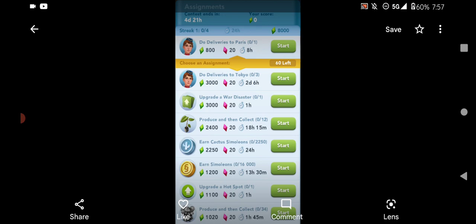Now, another thing that this player does is, for whatever reason, his stuff is blacked out on his screenshots. So I can't see what level he is to know how many factory slots he has. I can't see like,